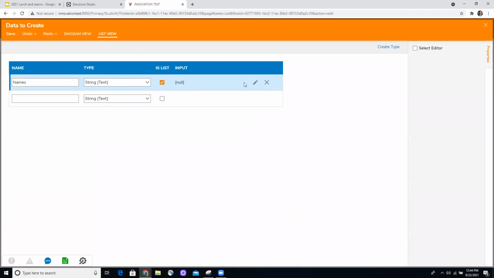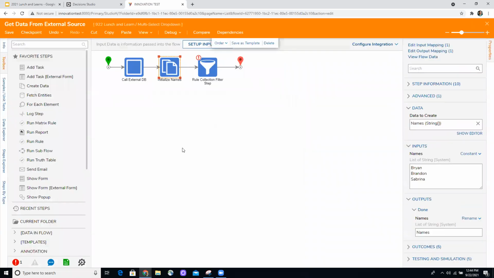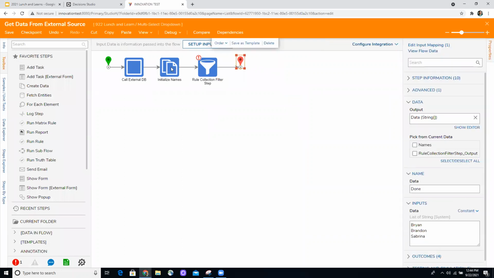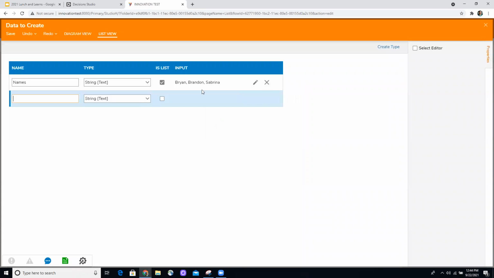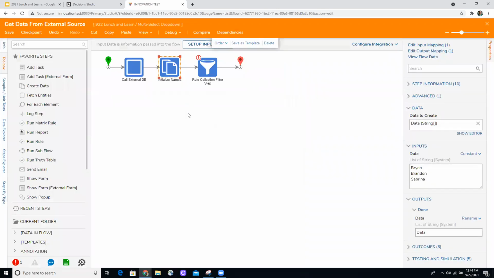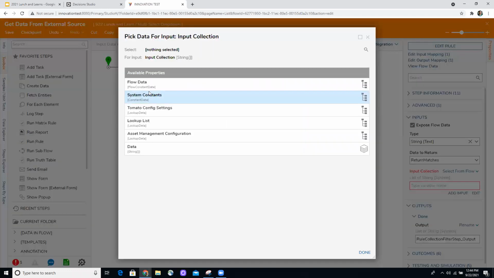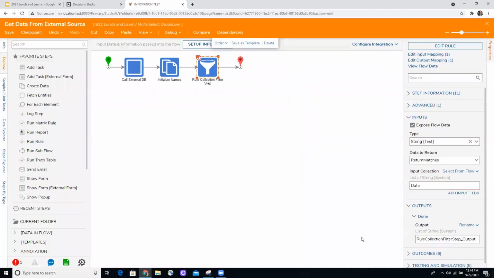It's a string list. Save this. So now I have access to that. And maybe I should have called it data to match. Okay. So now I have my data, and now you can map the data to that rule collection filter.